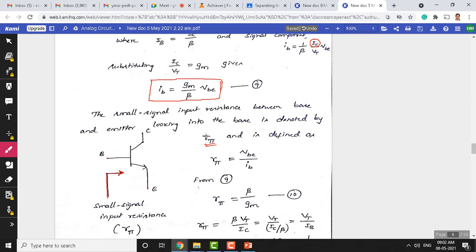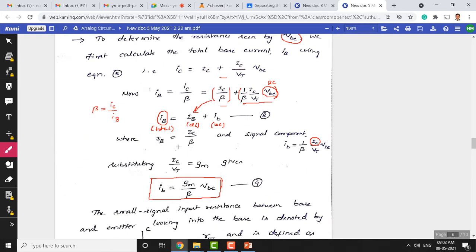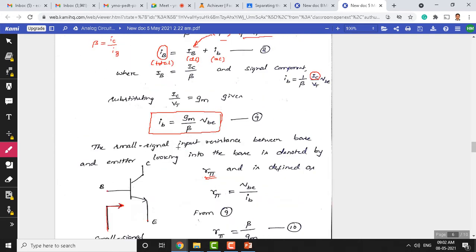all internal resistances are denoted with small letters like this, small r, and external resistances you have seen notations like, to indicate that as capital R. You will come across that in future. So outside the device, any external physical resistor that we connect, we denote it as capital R. Internal resistances, we denote with small letters like this. And the reason we have given R pi is because we are using it in developing a pi model that we are going to discuss later, and that's why we have shown it as R pi.